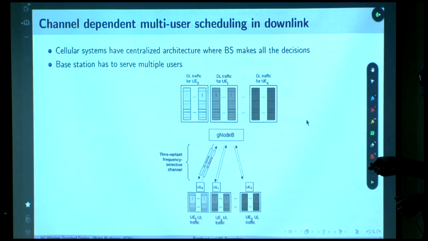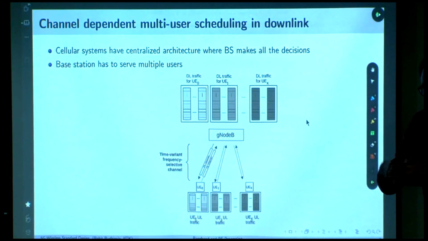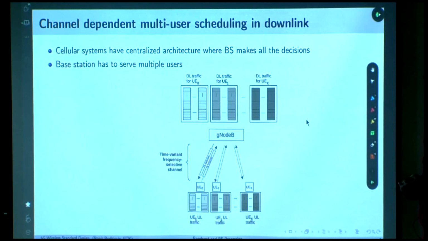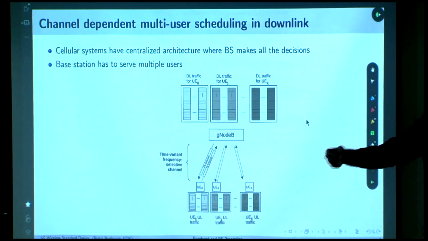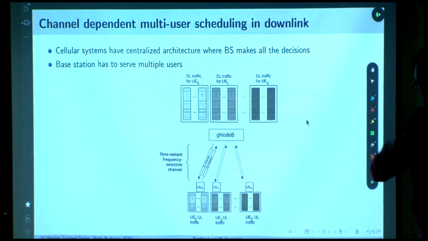So there are these multiple users. Each user has data for downlink, of course. This is the data which is sitting in buffers and needs to be transmitted. Where is it sitting? Let's say in the MAC layer. Similarly for other users. And this data needs to be transmitted on air. So this is a base station, and each user has a different time-frequency varying channel. The channel for each user changes over each PRP or multiple PRPs,